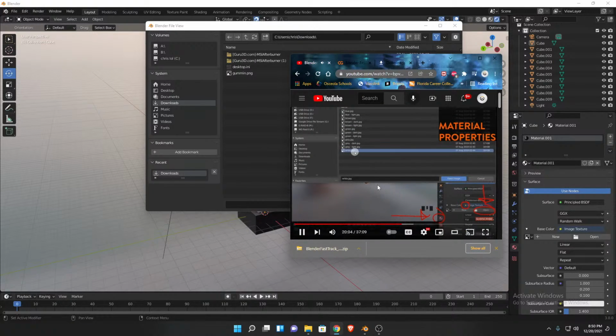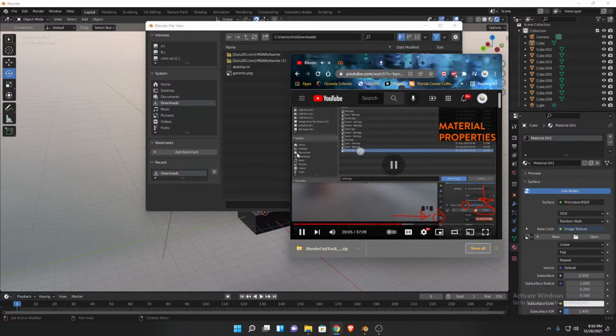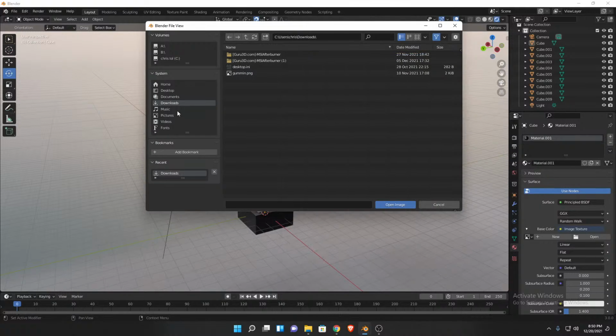Now we .jpg. It's going to be the very last. I got mine right here, and then I'm going to choose white.jpg. It's going to be the very last one. Okay, you know what? I'm gonna just do